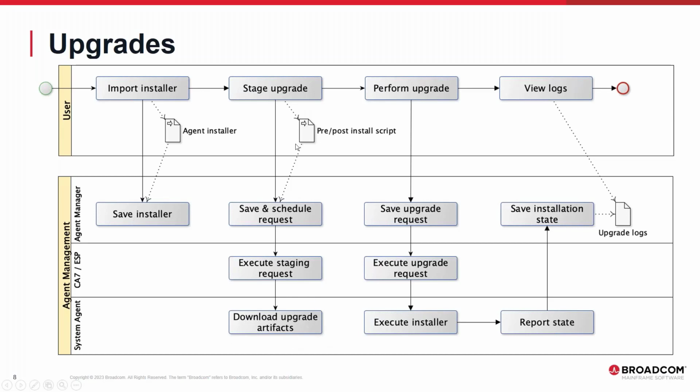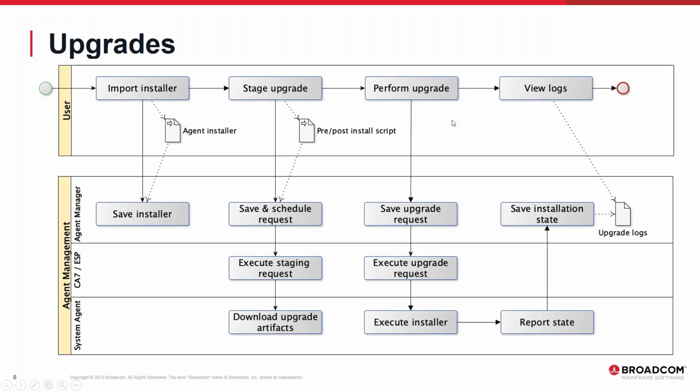You can also associate this with staging some pre or post installation scripts that will be executed before or after the installation. After the staging is complete, and it is also important to mention that up to that point the agent is fully operational, the workload can be running there, these actions are happening in the background,